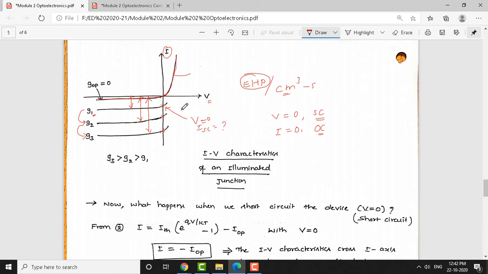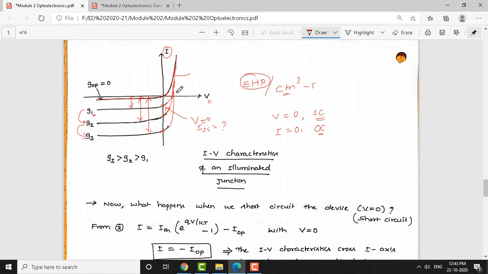Similarly, this curve here will extend like this and moves all the way, and it follows this diode curve here like this. Okay. All these three curves will follow the same thing here. So, this will extend like this and follow the diode curve in the forward bias. It is something like this. It may not intersect at the same point, maybe at different points here.